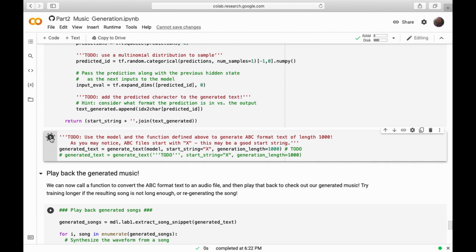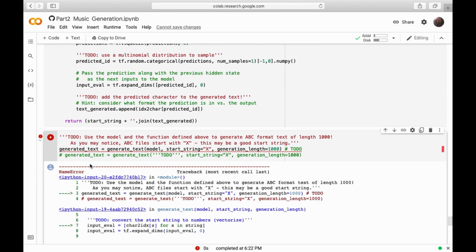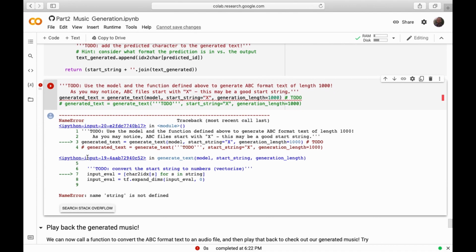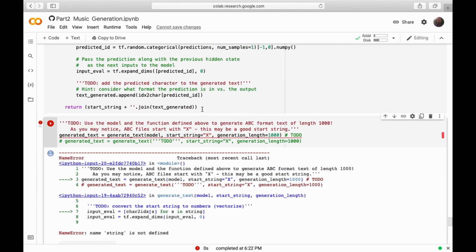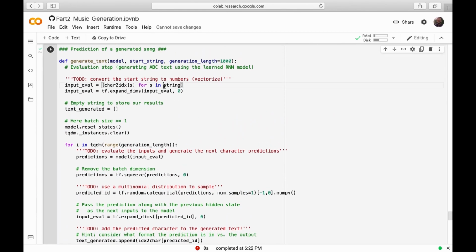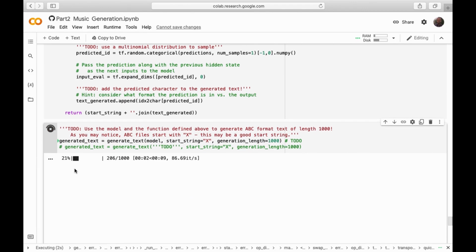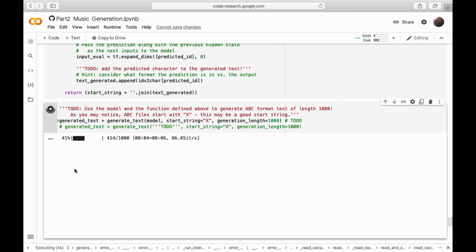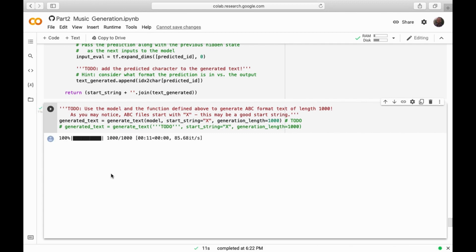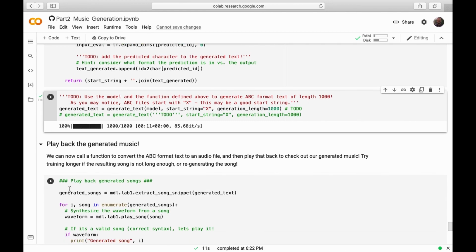Now we run our generated text function. Here a problem, name string is not defined. Oh, sorry. I have to write start_string. Let's run it again. Okay, now it's generating text related to our model,